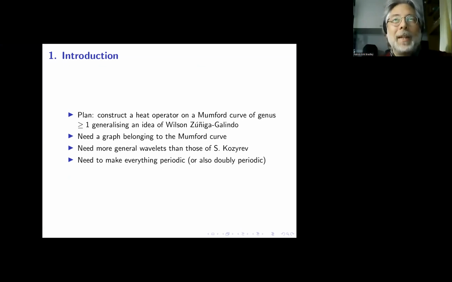First of all, the plan now is to construct a heat operator on a Mumford curve of genus at least 1. And this construction generalizes an idea which Wilson published in a paper where he used p-adic methods on graphs. And for this reason, we need a graph belonging to the Mumford curve. Those of you who were there last time remember this will be a reduction graph or intersection graph. So, and then we need more general